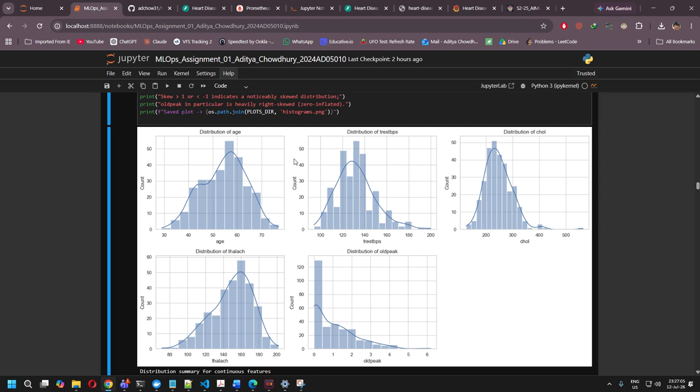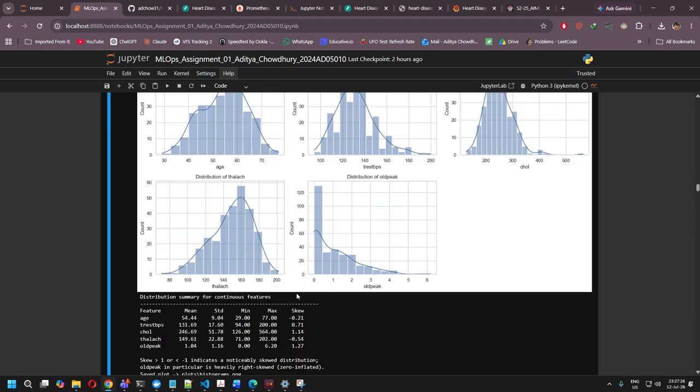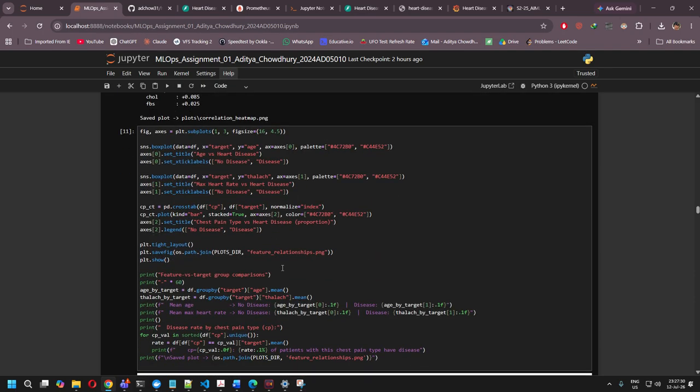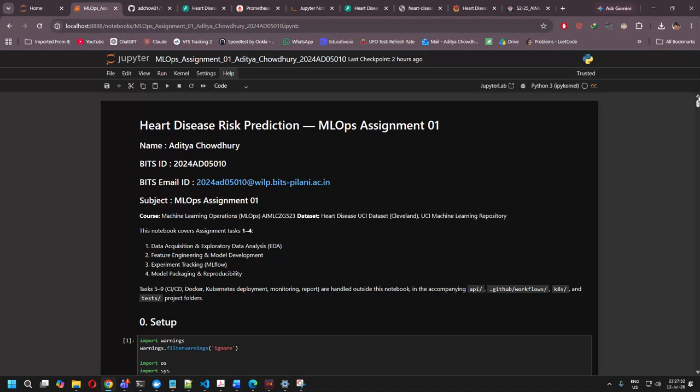I have also added different types of bar graphs and histograms, like the distribution of age. So based on the parameter of age, how many persons are likely to have heart disease. Based on the distribution of blood pressure, how many persons are likely to have a heart disease, like this. So all of these different parameters and histograms are present based on some of the attributes. This is what the overall Python project code is doing.